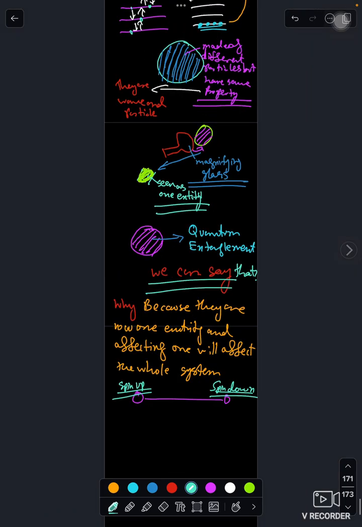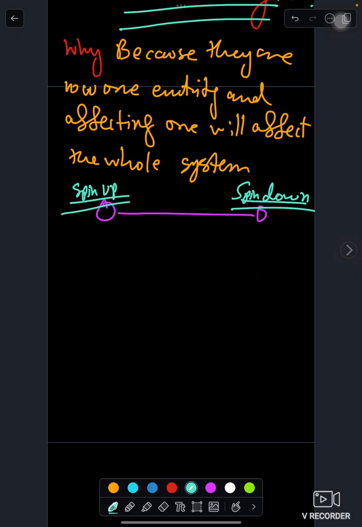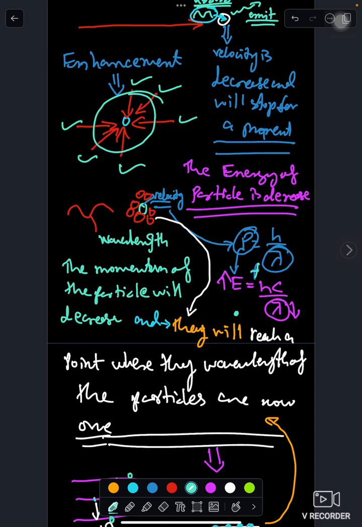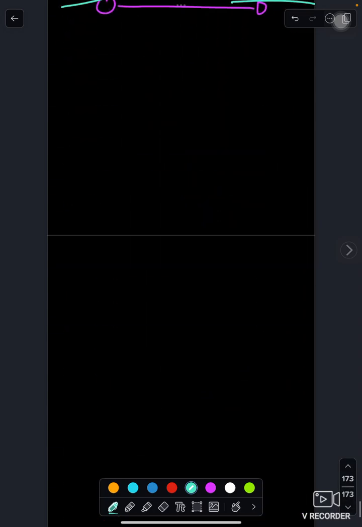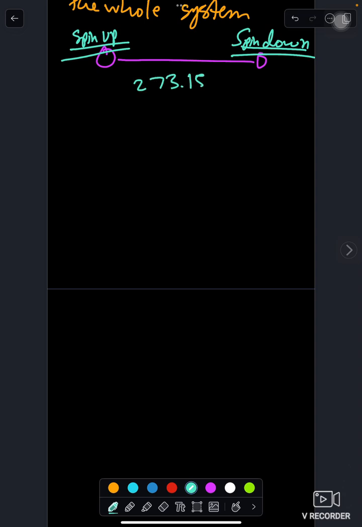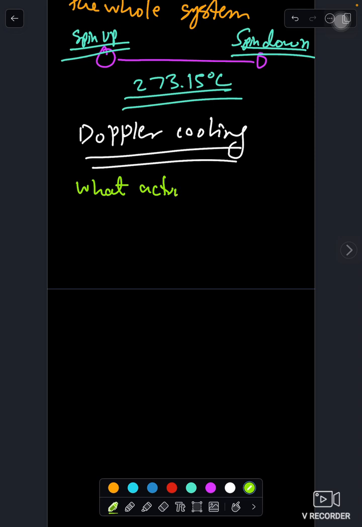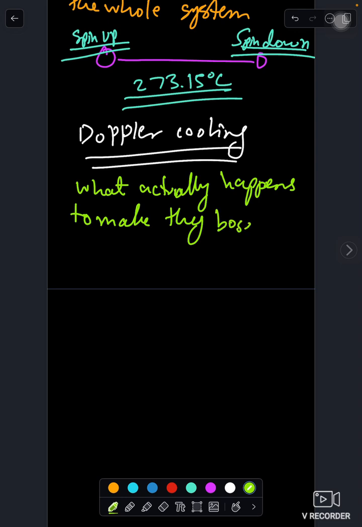One more thing: when we were cooling the atom to near absolute zero, which is actually minus 273.15 degrees Celsius, then we have something called the Doppler effect. Have you heard of the Doppler effect? This is Doppler cooling. What we do to make the Bose-Einstein condensate